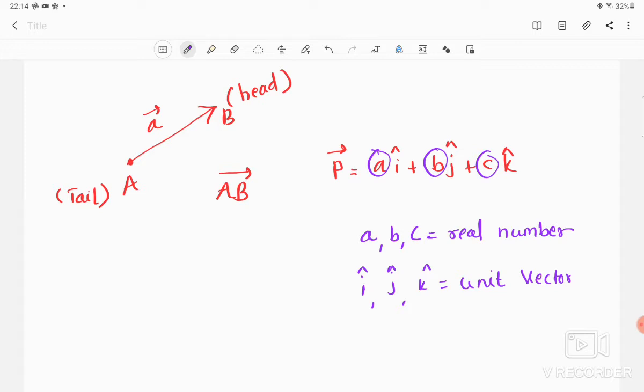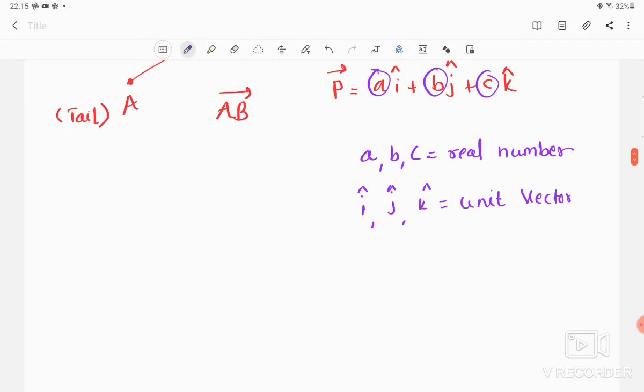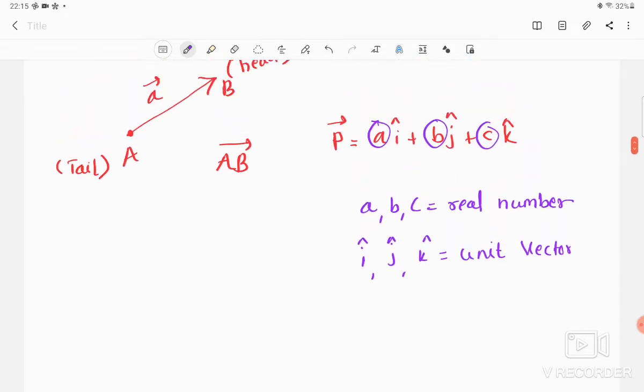Okay, so as I told you, the initial point is called the tail, and the terminal point of the vector is called the head. So a vector describes the movement of an object from one place to another. Generally, the basis of vector, the magnitude of vector, as I told you, but there are some methods to find the magnitude of a vector. So I hope you are clear about the representation and denotation of a vector.